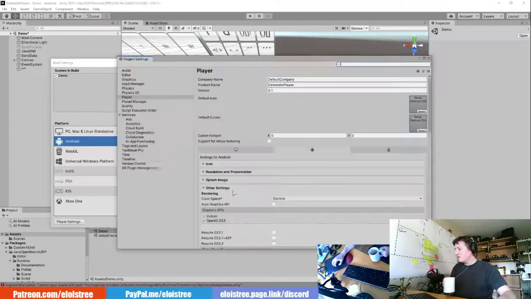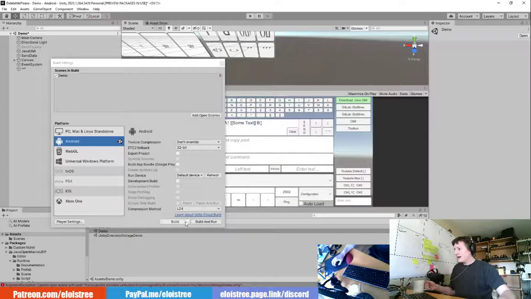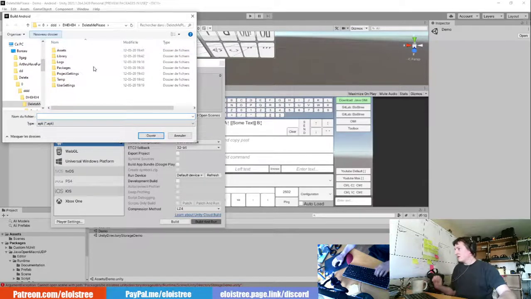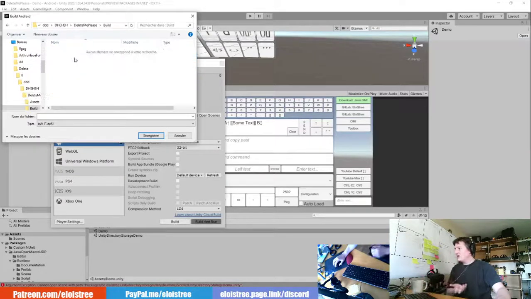If you want to give a name to your application, it was on the top here, so I will still call it delete me, like this. I will now say that I want to build and run the application. Give a folder that is called build. It's convention to call this folder build and to ignore it in your project. Test OMI. Okay. And when you press build, you need your phone to be connected.